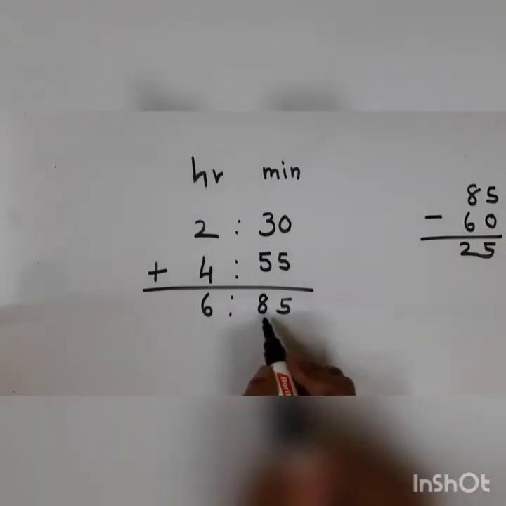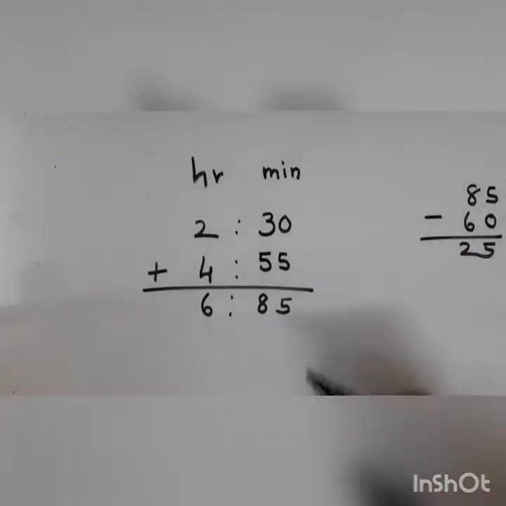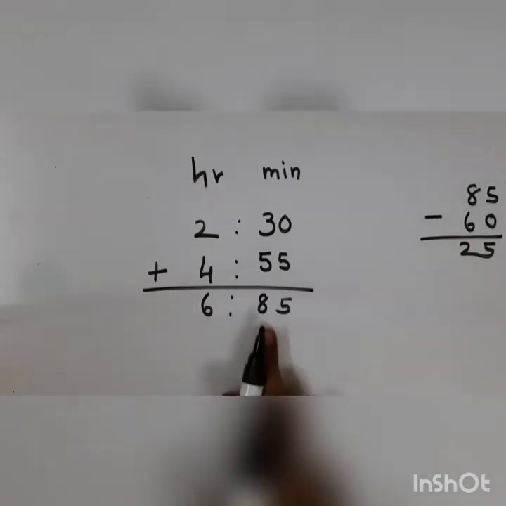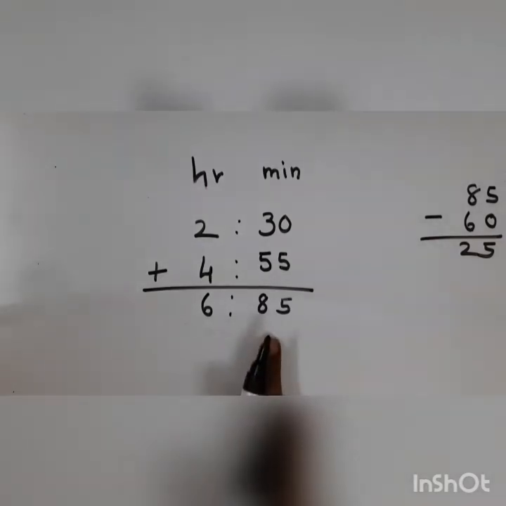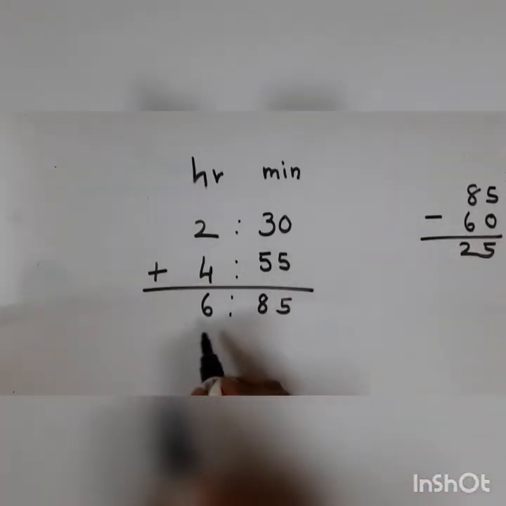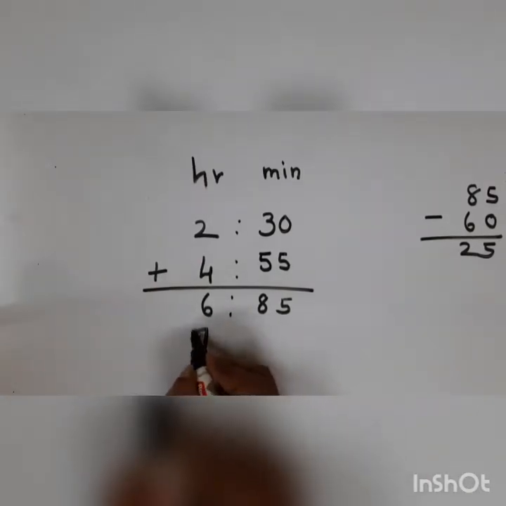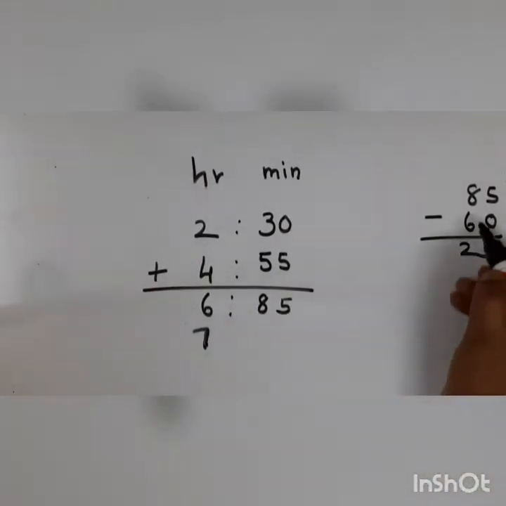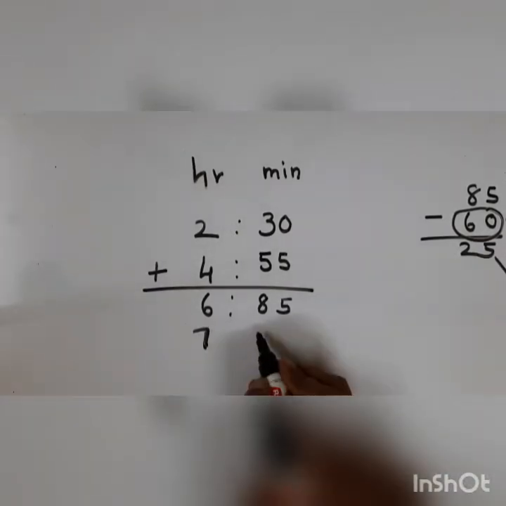So what we need to do children? From this 85, okay, that means 1 hour. This is 1 hour 25 minutes. Because why children? Because 85 minutes. You don't have 85 minutes. Why? Because we say 1 minute, okay, 1 minute is 60 seconds. So this 1 from here, okay, I will add here. When I add that 1 over here, that becomes 7. How did I get children that 1? Because 85 minus 60. This 60, this 1 hour, I am adding here. And this 25 minutes will remain here.